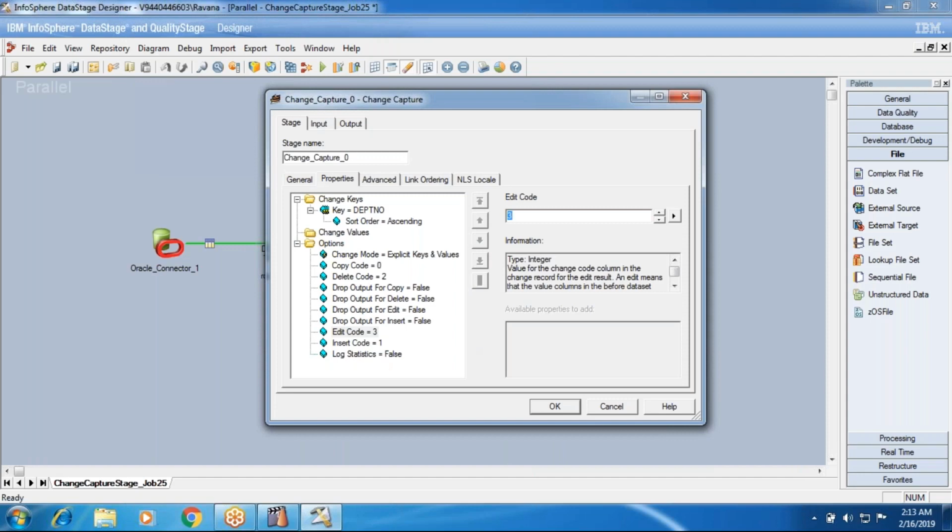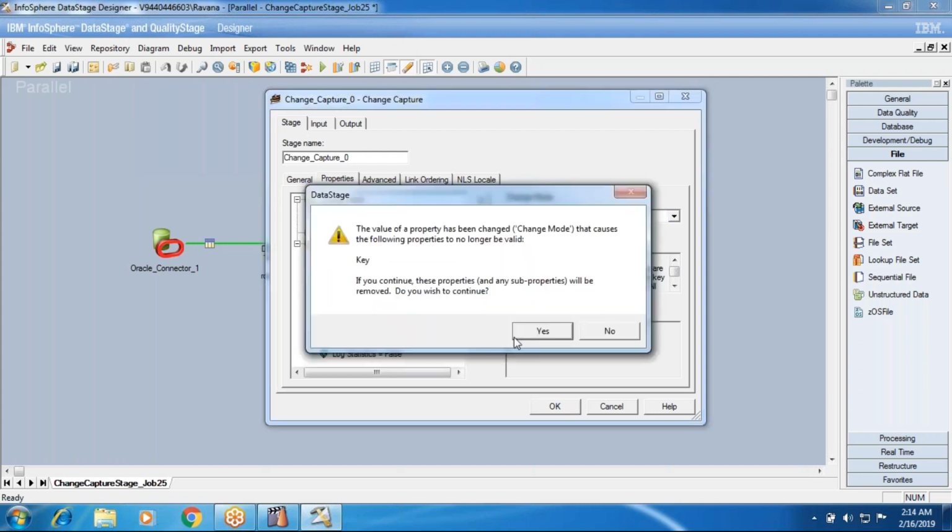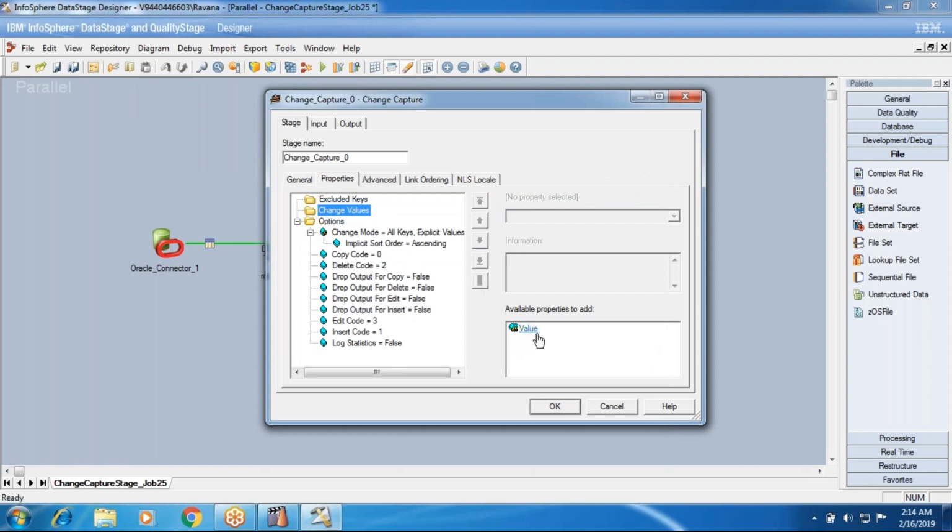How these codes are generated depends on the change mode: explicit keys and values, all keys and explicit values, or explicit keys and all values. Explicit keys and values means explicitly it will take throughout the fields, throughout the keys. All keys and explicit values means each and every column as keys, and for the values I explicitly define, meaning I need to specify the change values.